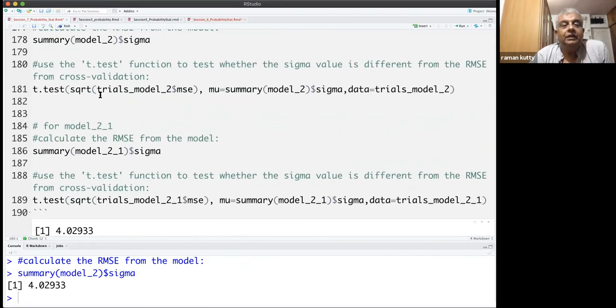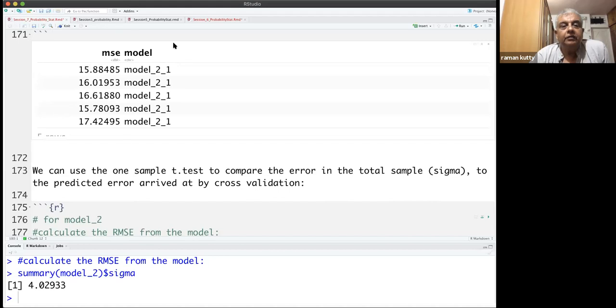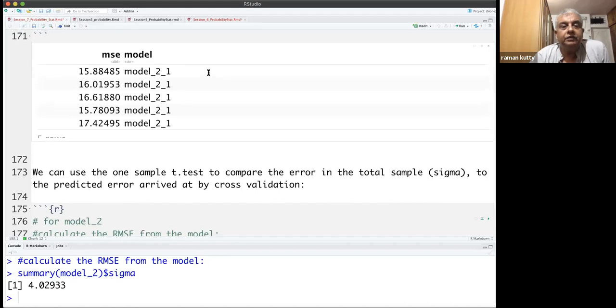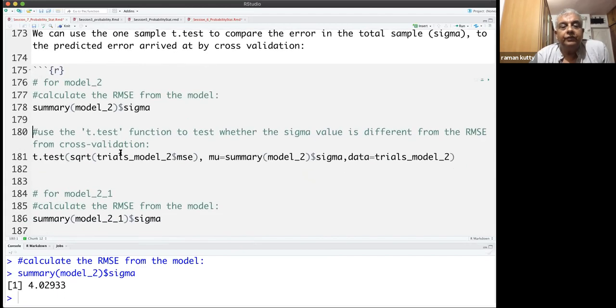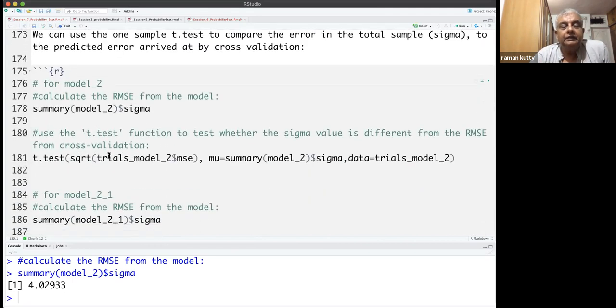The variable is trials model 2 dollar MSC, the MSC from the data frame called trials. We take the square root of this as one variable and compare its mean with mu.